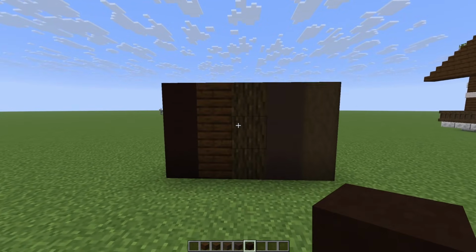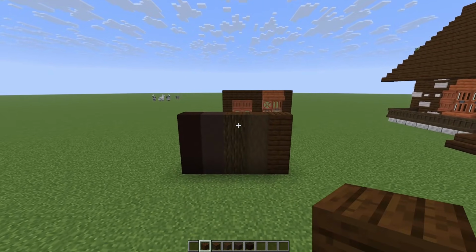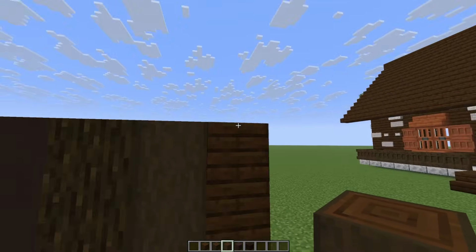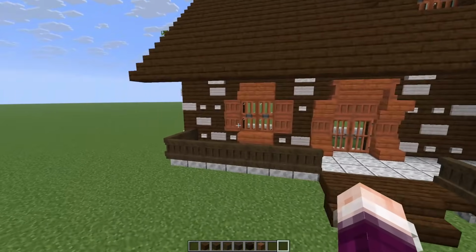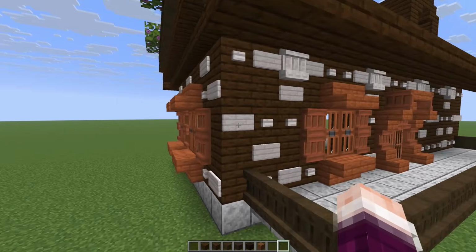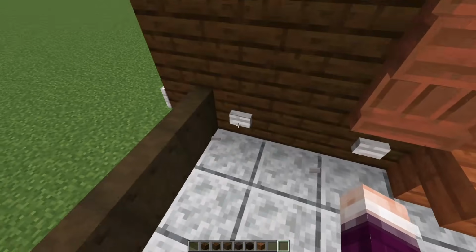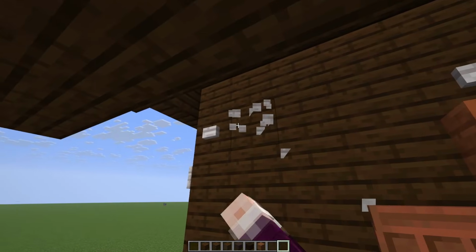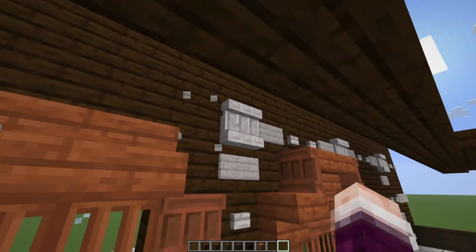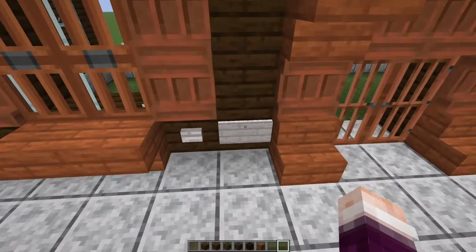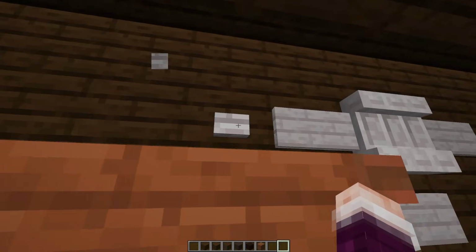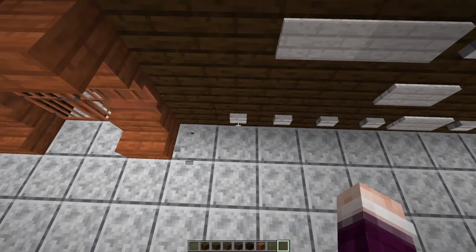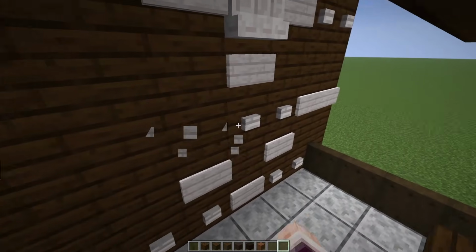I do feel kind of colorblind right now. That's not the worst ever. I think what's throwing me off is this is kind of desaturated and this is super saturated. What Grian said in his video is that he likes to make it so that the gradient goes from dark on the bottom to bright on the top, because it kind of leads your eye up and makes buildings look a little bit taller. I'm not sure if that's going to work for this building because it's kind of intentionally slanted. But we'll see.